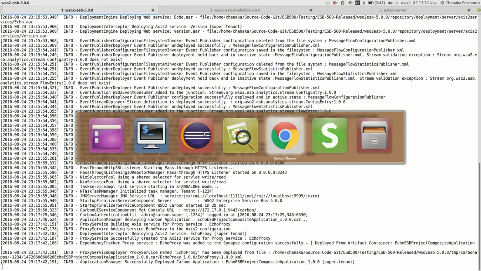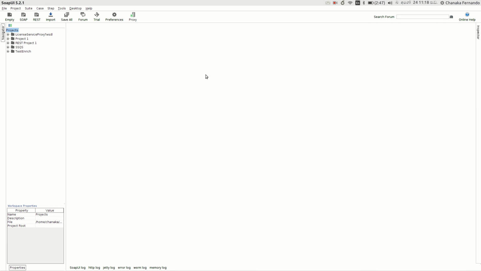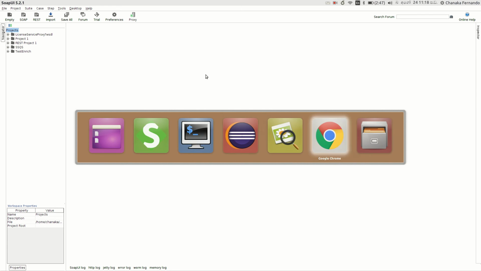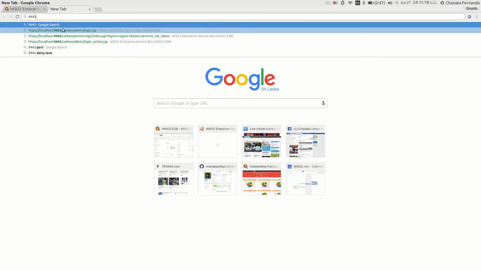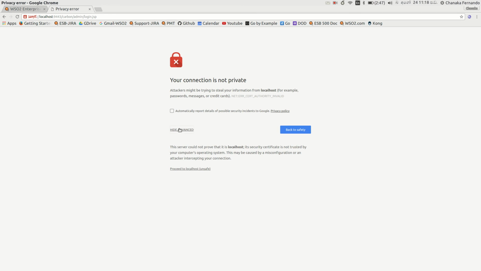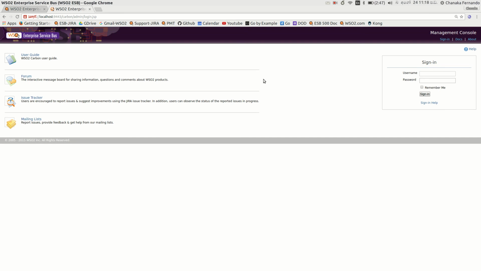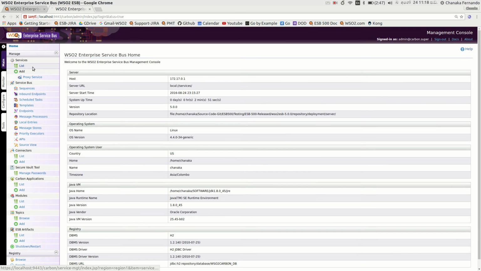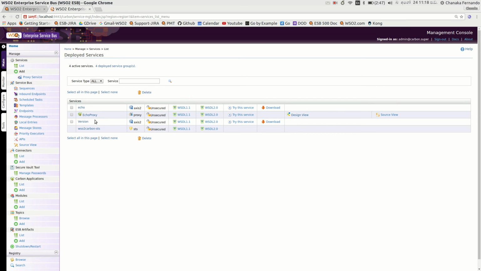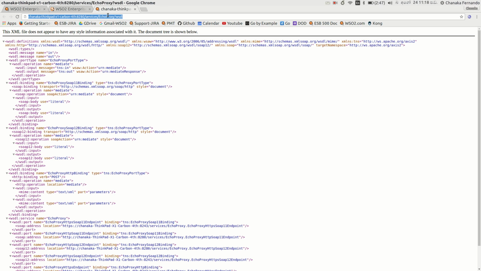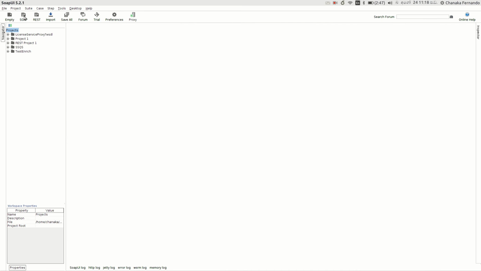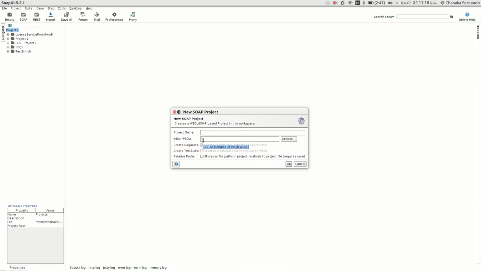Then let's try to invoke this particular service through a service client. In this case, I'll go to the management console of the WSO2 ESP and get the URL of my service. Under the services you can find the echo proxy which we have created. I will take the WSDL and create a SOAP project in the SOAP UI client.